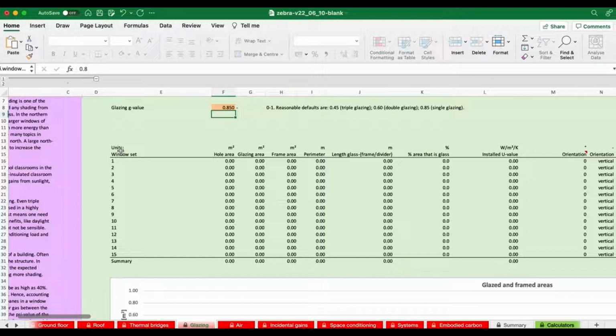So we could specify those separately, or we could just pick a particular window and define that as having its own window set, and then we'd be able to look at the heat loss and gains through that particular window. But we're not going to do that. We're going to go facade by facade, or orientation by orientation, and specify the area of window in each direction.